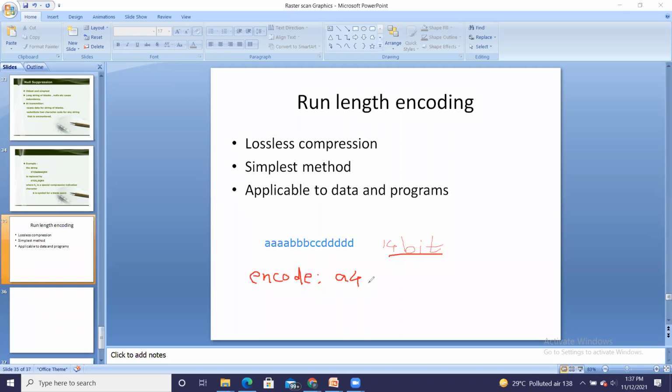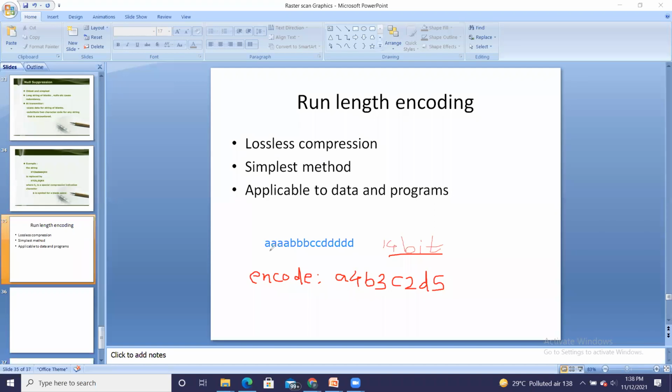Similarly, B. So what about B? B is present 3 times. So I will have B3. Then I will have C. How many times is C present? 2 times. So I will write C2. And the last element I will have D, and D is present 5 times.